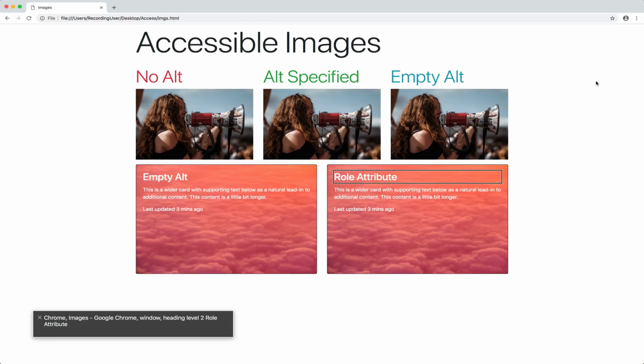So when it comes to making images accessible, basically never leave off the alt attribute unless you're going to set the role property to be presentation, in which case screen readers will ignore the image entirely. But along with that, it's a good idea to always have an alt attribute if there's important content there, if you need to explain what is in the image. And if it's decorative, another option is to leave the alt attribute empty, but that does allow a screen reader to focus on that image. So I like role set to presentation, but only when the content is 100% meaningless and purely decorative. Okay,